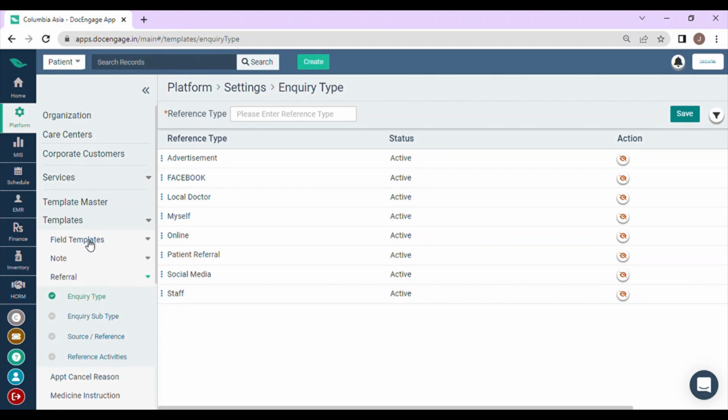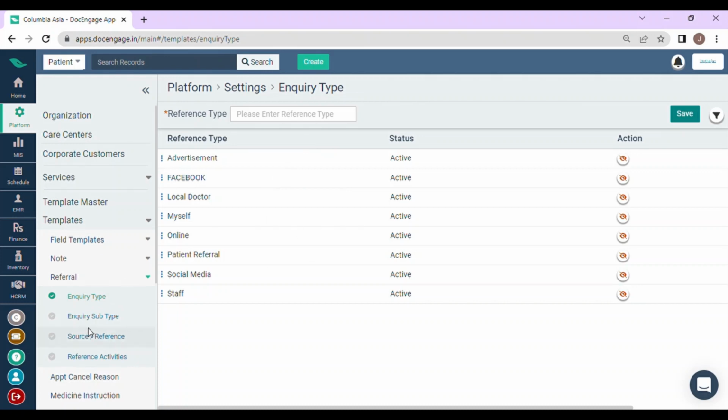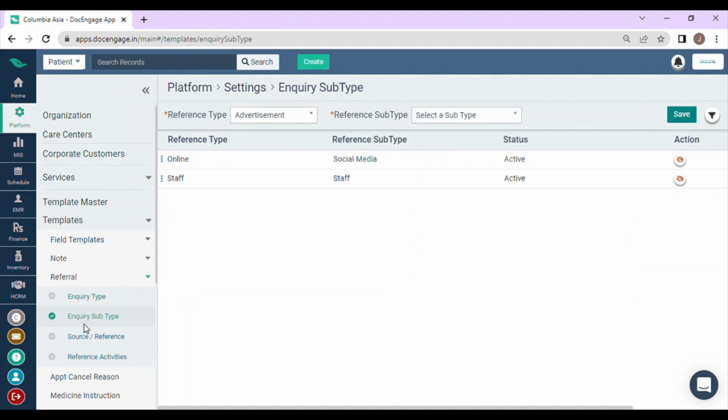The subtype will be like online is the inquiry type, and the subtype will be social media. And then the source or reference which is there here, that will be like Facebook. This is the inquiry type which I have already added some here. You can add online, offline, or staff, or any other referral types. The other one is inquiry subtype. In the inquiry subtype, online is the inquiry reference type here, and then in the reference subtype we can add whatever subtype you want to add, like let us say Instagram,